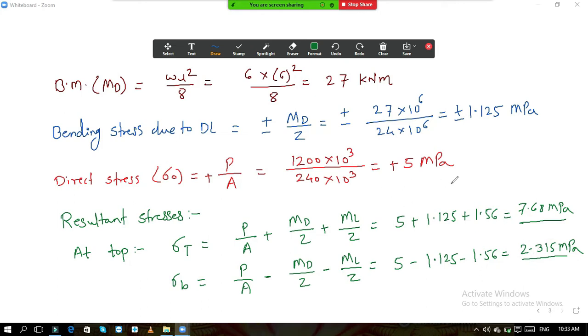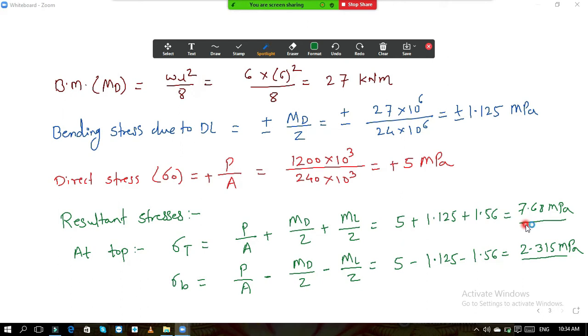So first draw this diagram of direct stress, that is rectangular diagram. Then bending stress MD by Z plus is there, so from baseline on the right hand side it is plus, you should plot, and at bottom on left hand side, and that diagram will be there. Similar diagram is there for live load, and now both the values are plus, so you can draw the resultant diagram. You can draw the baseline, okay, vertical line, and then plot both the values to the right hand side. Okay, one value is greater, another is lesser, but both are positive values, so that will be your final diagram. So this is the load balancing concept.